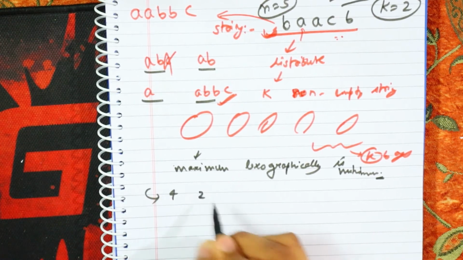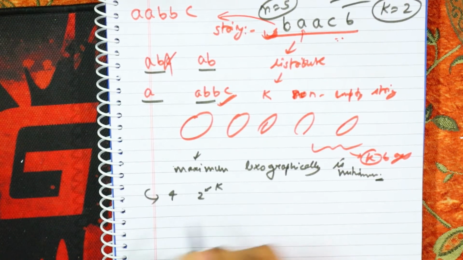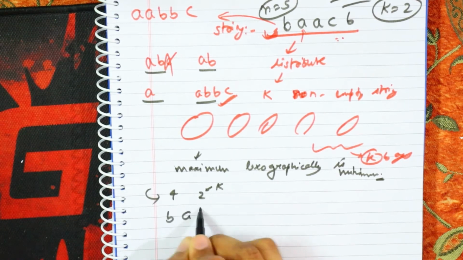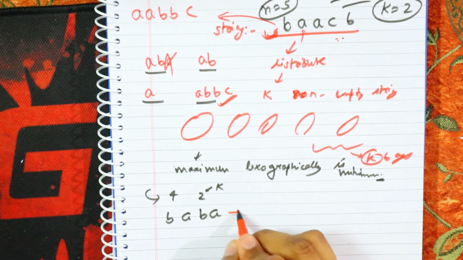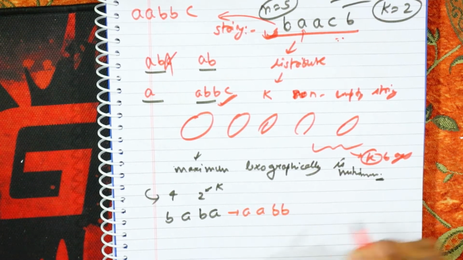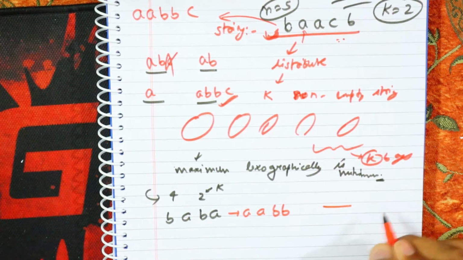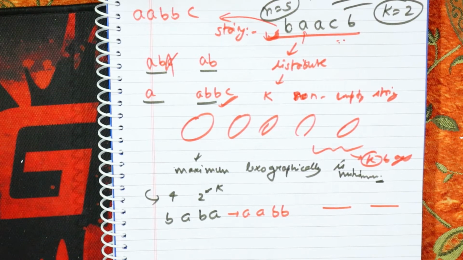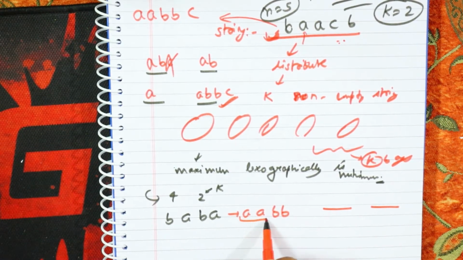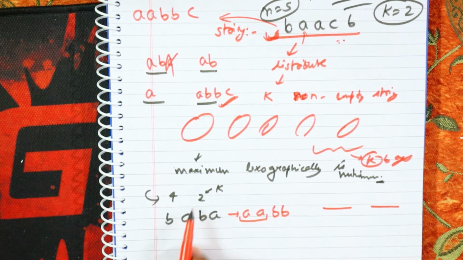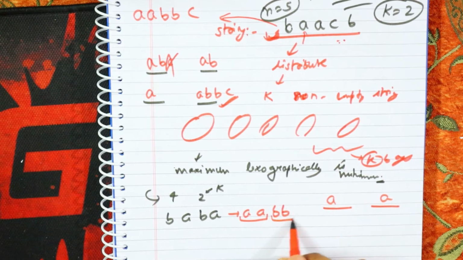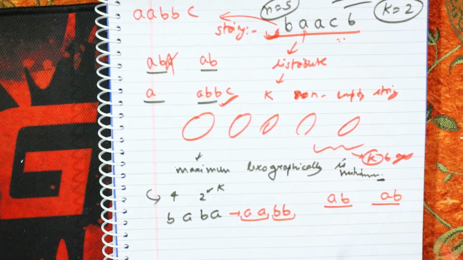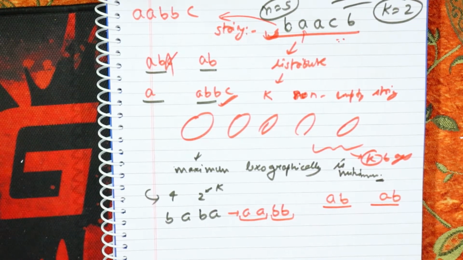First of all, 4 and 2, my K is 2, and I had BABA. As usual, I will sort it. Okay, I have AABB, and I have 2 sets. I will place it like this. As usual, I will place my starting 2 elements, which are A and A, and the remaining elements BB. Okay, it sounds fine.